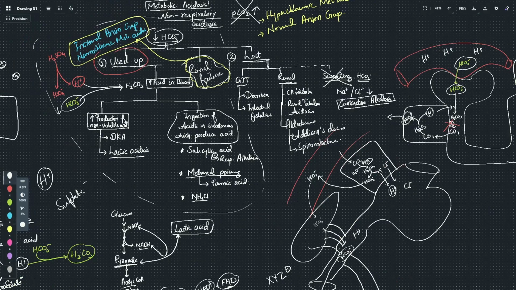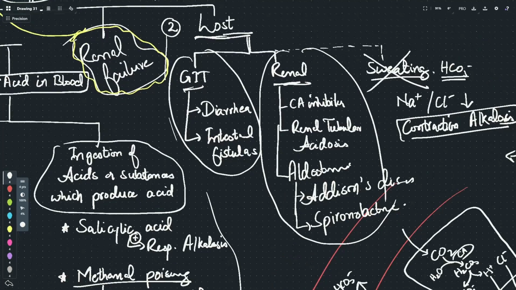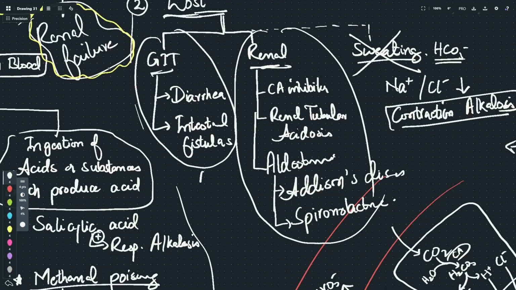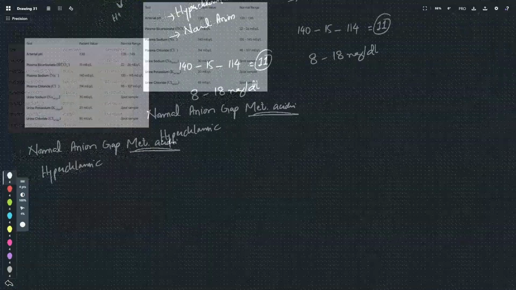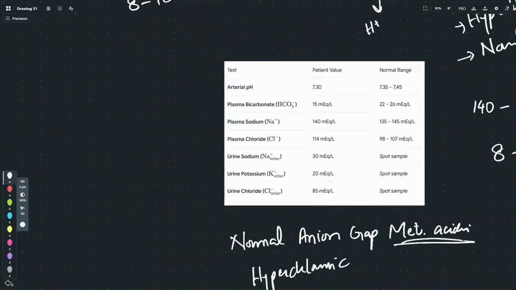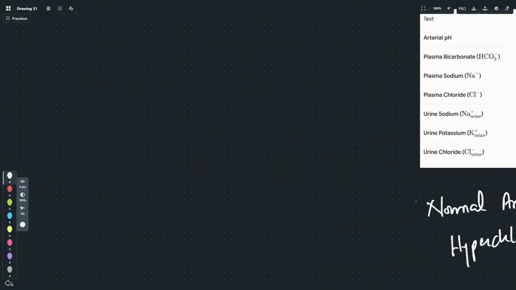Then it means the cause is either in the GIT or at the renal level, right? But can we say whether it is a GIT or renal cause out of these two? Yes, we can distinguish it, and for that there is another type of anion gap, and that is the urine anion gap, the urinary anion gap. Now let me explain this to you. We have discussed it in the renal lecture,